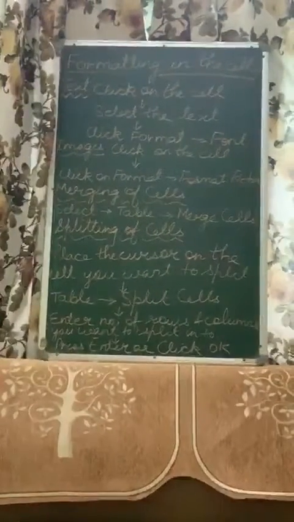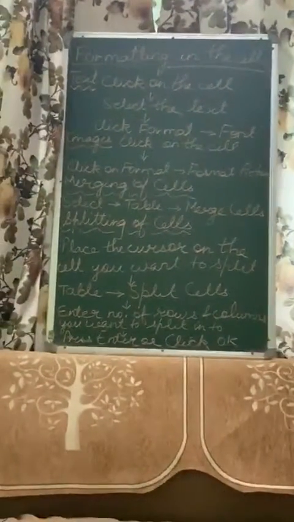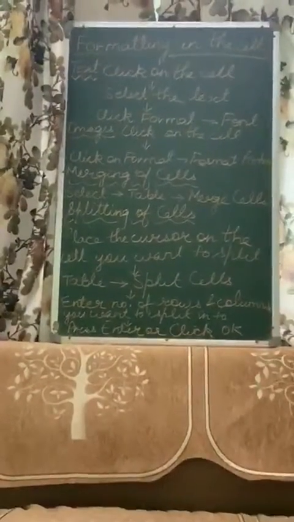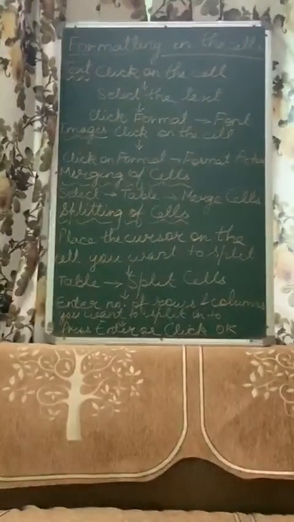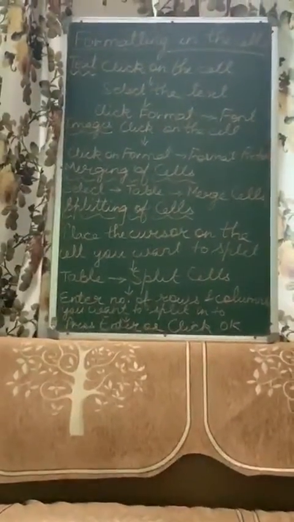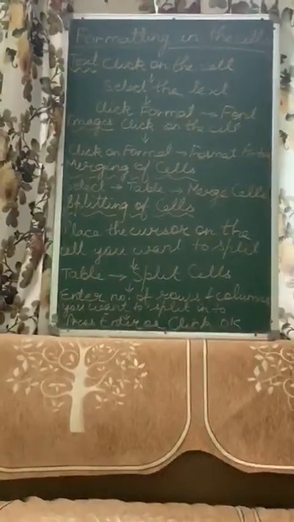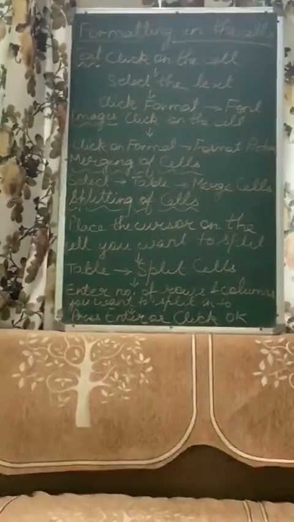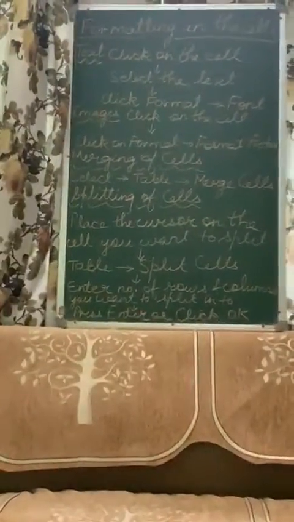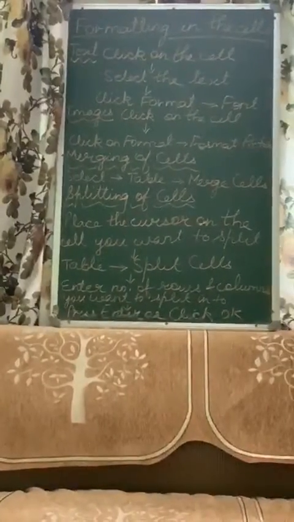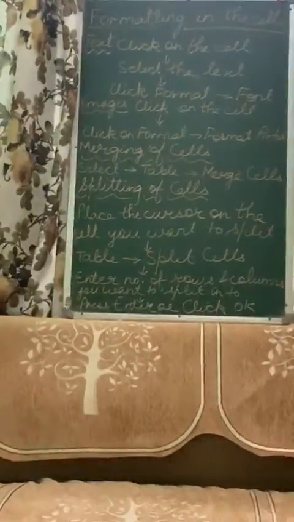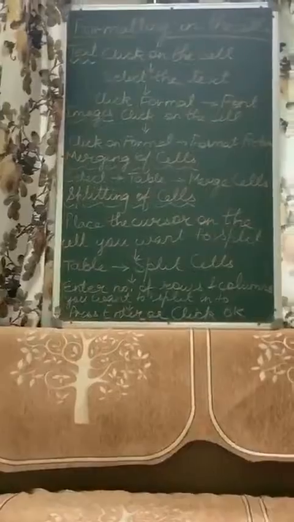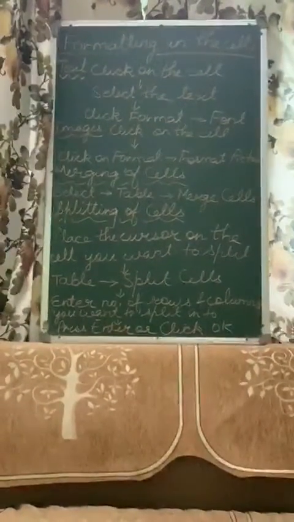Then you will be going to the main menu, the table, then split cells option, and then you will there enter the number of rows and columns that you want to split into. Suppose you want to split into 4 rows and 4 columns. So when you will go to table split cells, a dialog box will open which will ask you to enter the number of rows and columns that you want to split into. Then afterwards you will press enter, or you will directly click the OK button. So this will help in splitting of that cell into many cells.